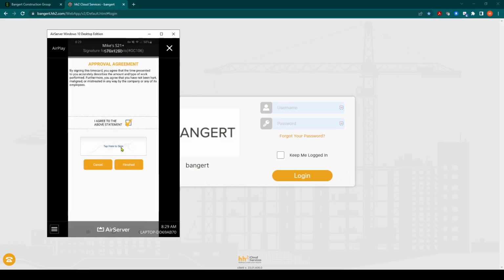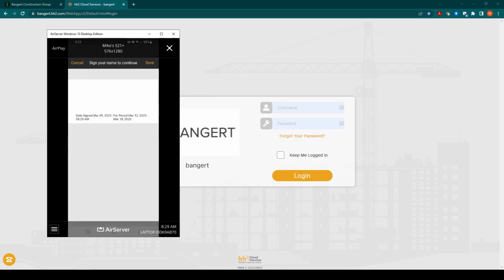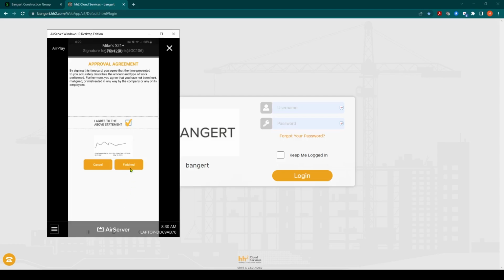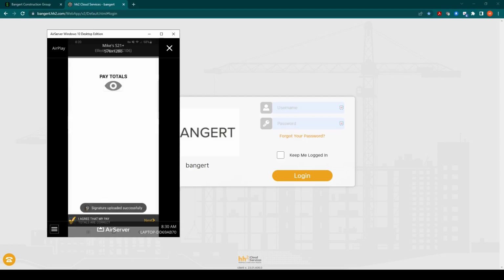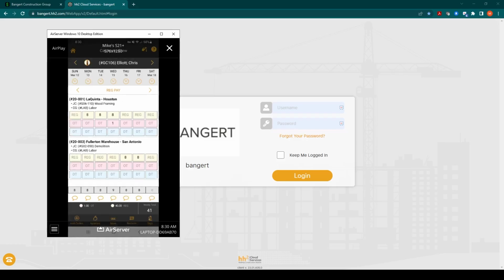And then the employee can tap and actually sign the form and click save and finish. And uploaded signature successful. I could then get back to my main screen and that information is logged into the HH2 cloud service through the mobile app instantly.